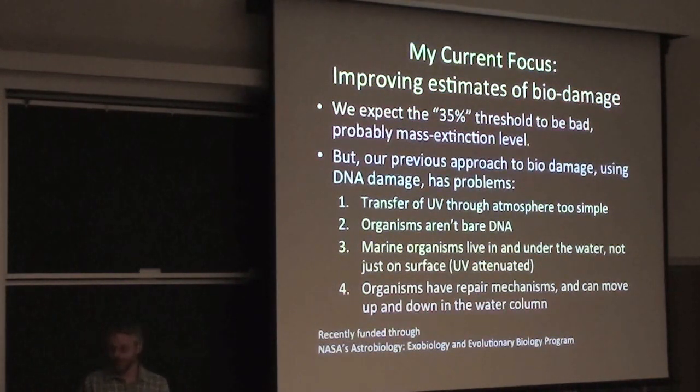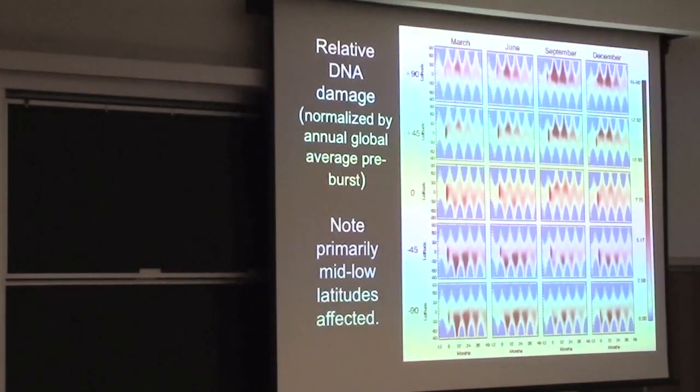And then we combine that with a DNA damage weighting function, which gives you graphs like this. And this is another nice first approximation. DNA damage is pretty well studied. You can take DNA and irradiate it in the lab, and it's relatively easy to do. I'm not a microbiologist, but there's lots of that in the literature. So combining those two fairly simple approaches was a good first start and actually gave us some really interesting results